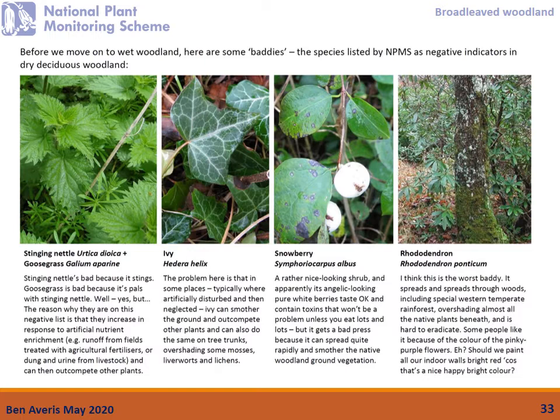And it can, of course, get very thickly grown up tree trunks where it may also outcompete or overshade some of the mosses and liverworts and lichens there. But it's a native species, you know, and I'm not quite sure where we say that's a bad thing or that's a good thing. It grows pretty well on the ground in places where there's been some disturbance in the past followed by a period of neglect. So if it's very grazed, you don't tend to get so much of the ivy on the ground. Once it gets up the trees, I suppose the amount of grazing is not going to make so much difference. Snowberry,